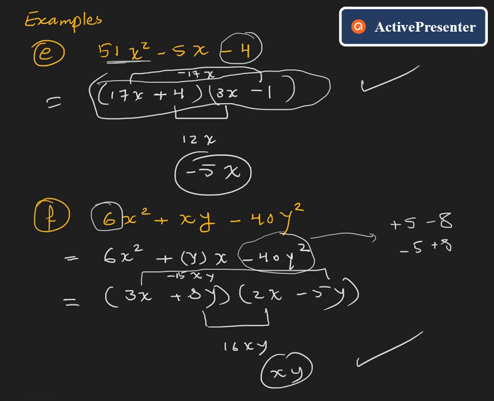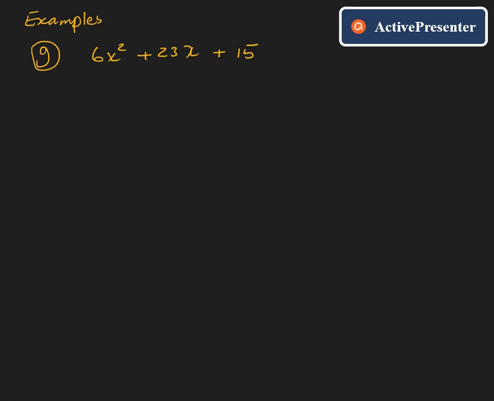Another question. If you factor this 6x squared plus 23x plus 15, I would do this because 6x will give us a big number. Multiply the x. So I would choose what are the numbers that would multiply. So plus 5, because 5 multiplying 6x is 30x, which is very close to 23, so it may lead us to a number. Let's say plus 5